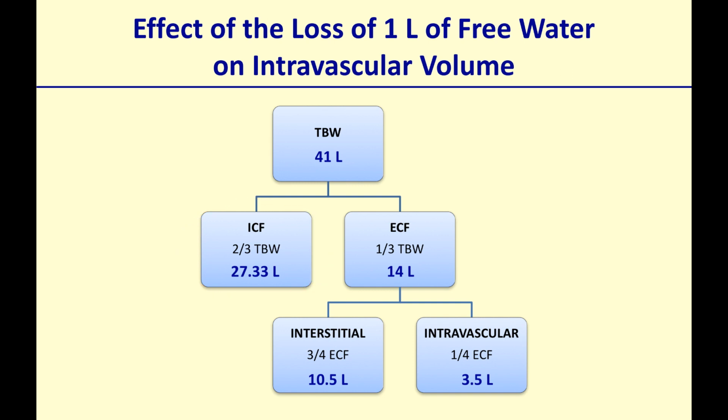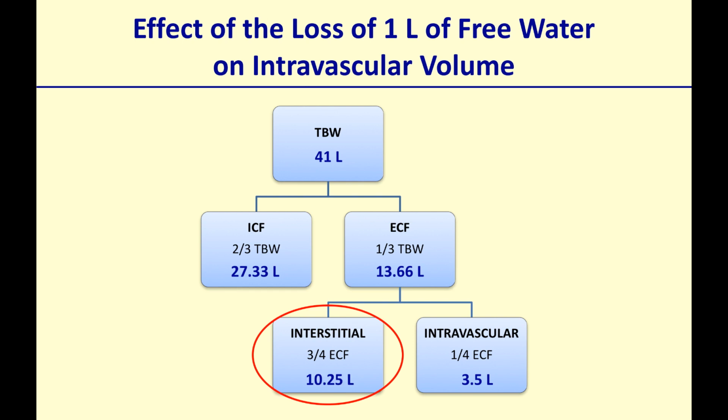One third of that liter will come from the extracellular fluid compartment, so that will be 0.33. So 14 liters initial minus 0.33 is 13.66. Now that third of a liter is going to come from the interstitial compartment, so 3/4 of that third will come from the interstitial compartment, so 3/4 of 0.33 is 0.25, so 10.5 minus 0.25 is